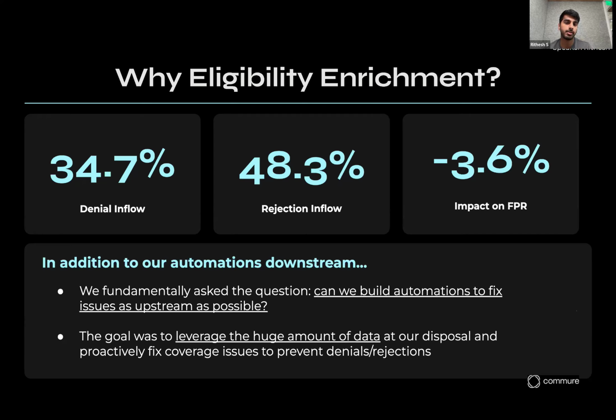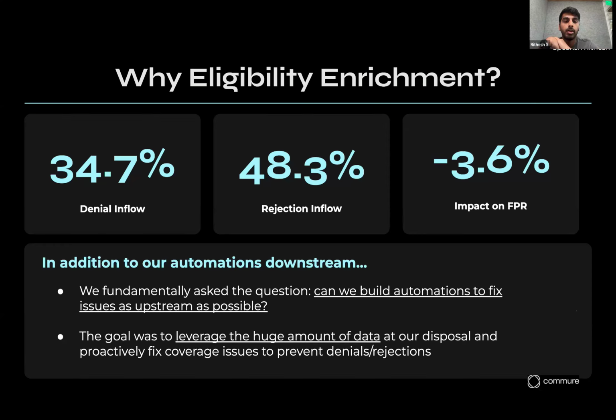48.3% of rejections were coverage related. So you can see that already these are significant buckets, right? It was the biggest bucket that we had in our inflow. And if we compare that to what Jasu was talking about in terms of the clean claim rate and the first pass rate, it had a negative 3.6 impact on FPR. So all this to say is that it's a very big bucket, and that's why we wanted to tackle it